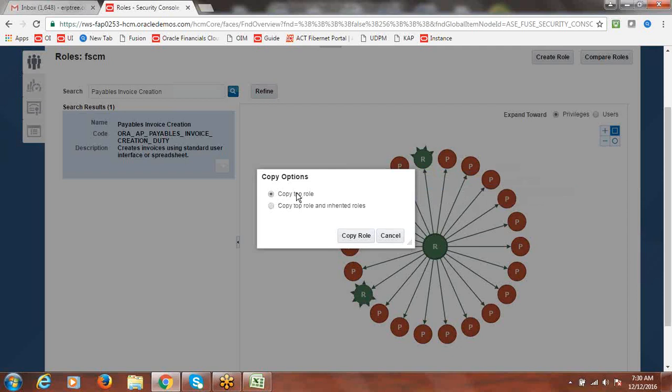I'll show you what I'm talking about. If you are not getting this point, I'll show you anyway. We have the option to discuss that also. So I'm selecting copy top role, then say copy role.